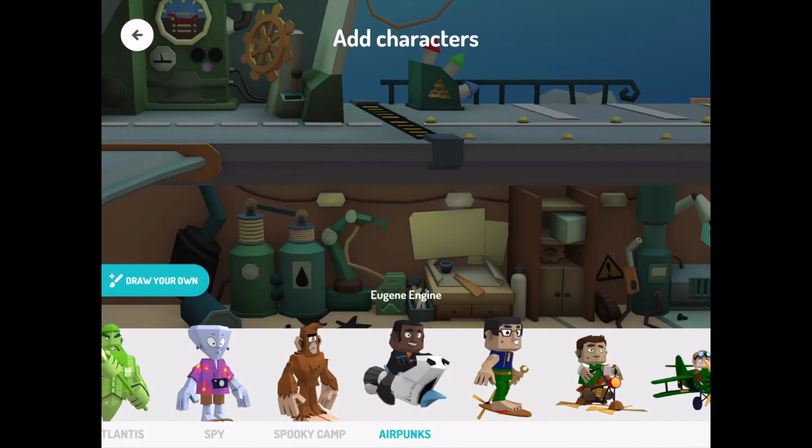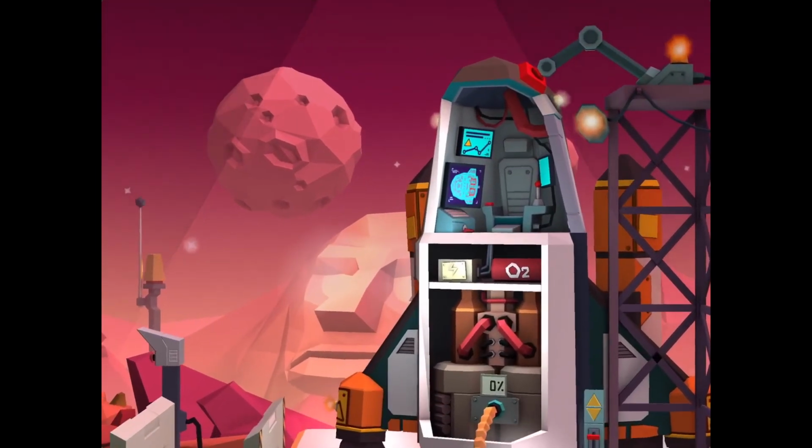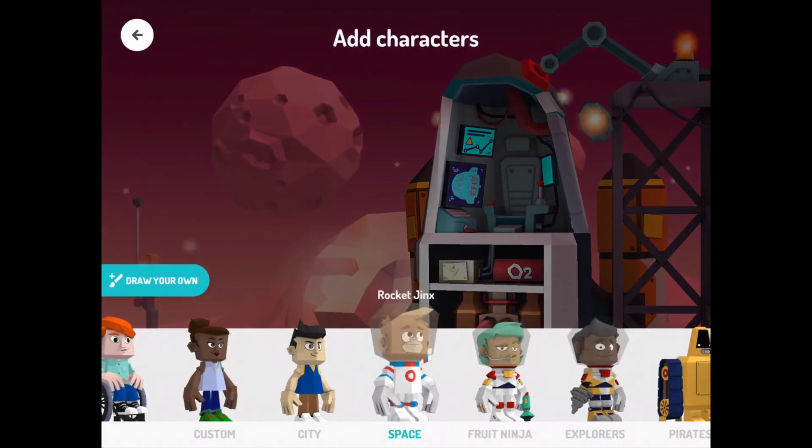Now it says add characters. Okay, you ever make a mistake, you always press this back arrow in the top left. But we'll say we'll go ahead and try this one, Space Center. Okay, now we have a couple options here. You can